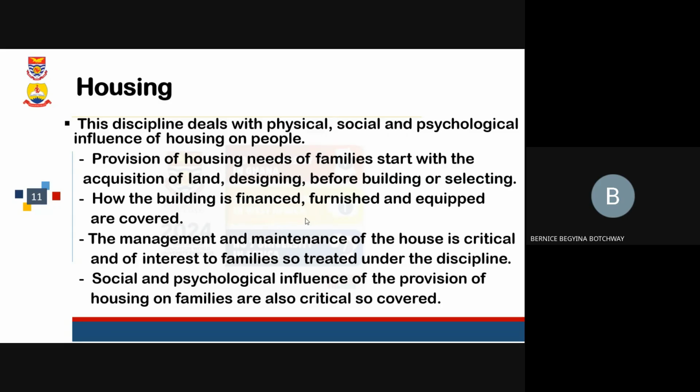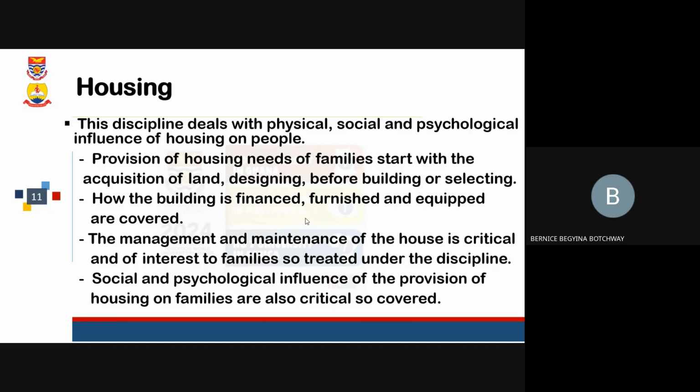Okay. We also talk about provision of housing needs of the family. And then if you want to build a house too, what are the ways that you have to go through? What are some of the things that you have to consider? This course will take you through it, how you acquire your land. Is it through freehold or through leasehold? When you acquire the land, how you register it, you make sure that your registration process will bear your name, you'll be the legitimate owner of such land. In case of future disputes, okay, we'll walk you through all these things. And then how you will build it.